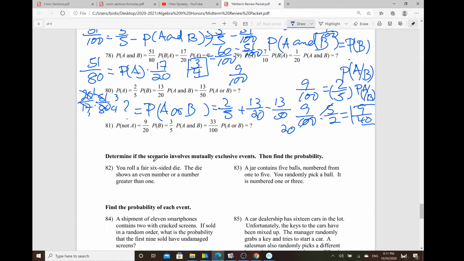Okay, so now the next set of the problem here, determine if the scenario involved mutually